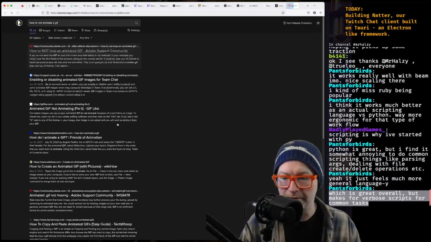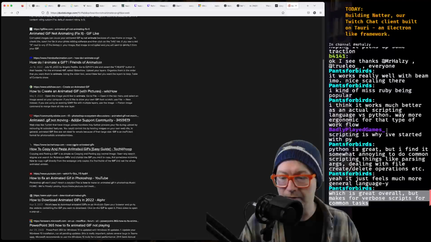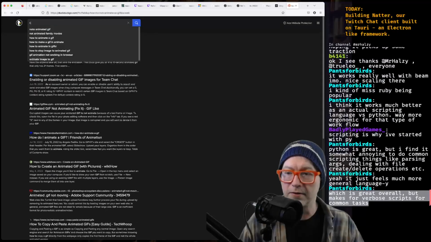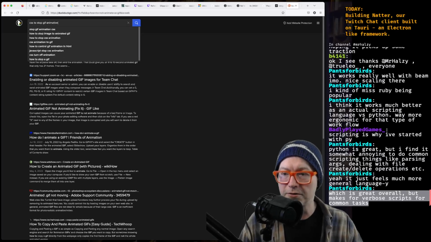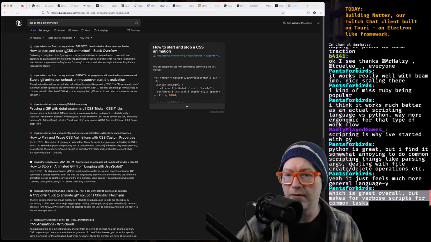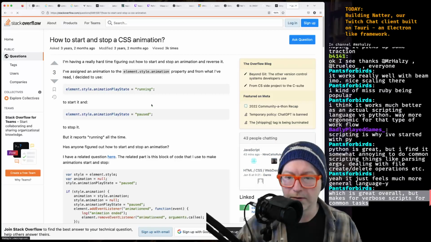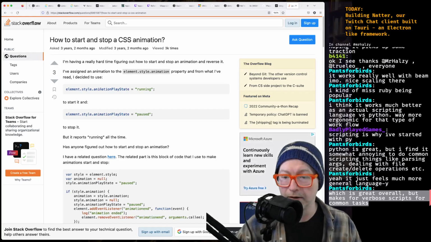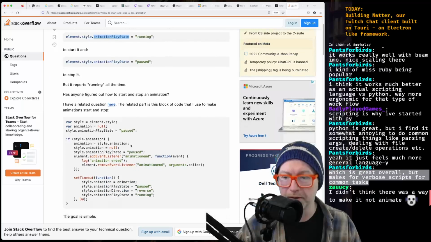This, okay. Zoom, animated GIFs, not animating. It's kind of the opposite. Is there CSS to stop GIF animations? Oh, interesting. Animation play state, running and paused.